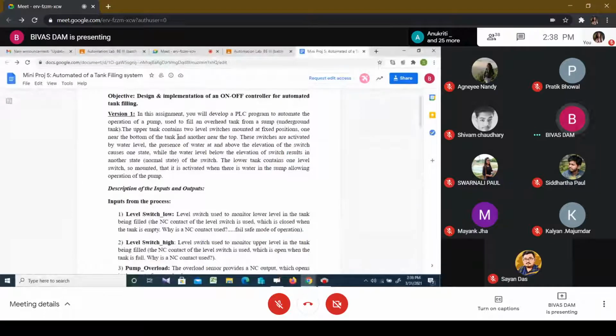Now, that means there is a requirement of starting the pump, but as there is no water in the lower reservoir, I should indicate that there is some abnormality in the situation. The situation is not normal, so the pump cannot be on. So somebody must take care of filling the lower reservoir first. Then only the pump can be started. Okay. So this should be implemented. But first of all,